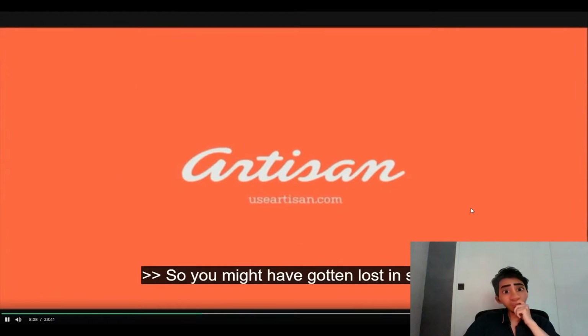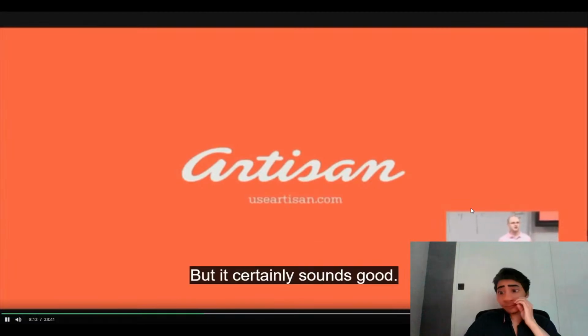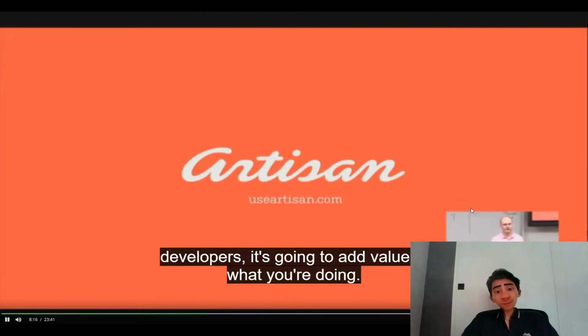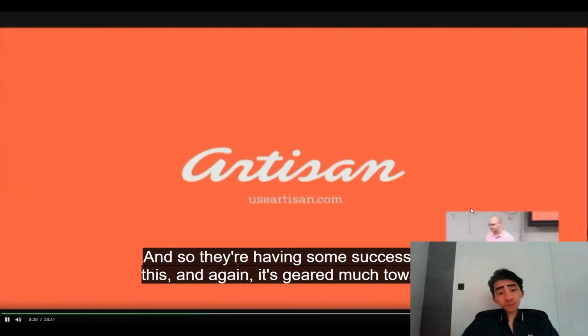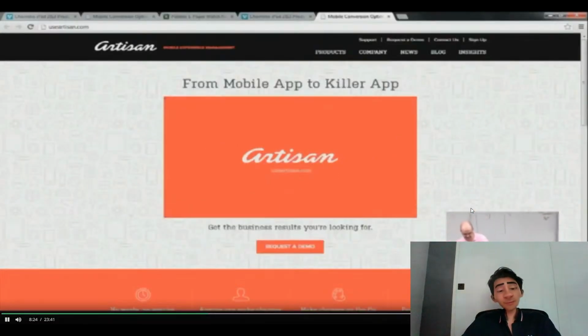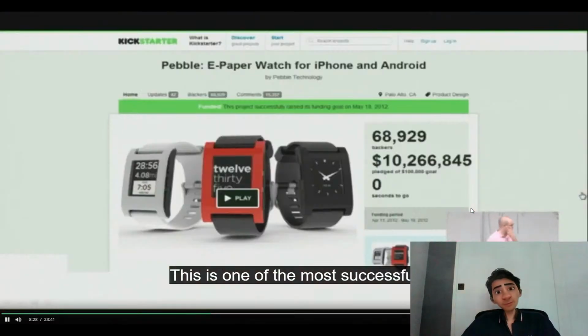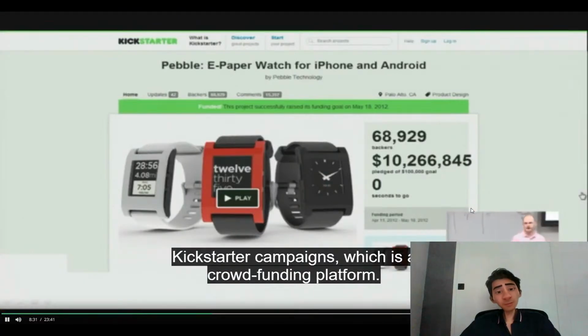So you might have gotten lost in some of the technical elements if you're not a developer, but it certainly sounds good. It certainly sounds like, as a tool for developers, it's going to add value to what you're doing. And so they're having some success with this, and again, it's geared much towards the logic of let's build a tool. This is one of the most successful Kickstarter campaigns, which is a crowdfunding platform, and we'll talk about what crowdfunding is,